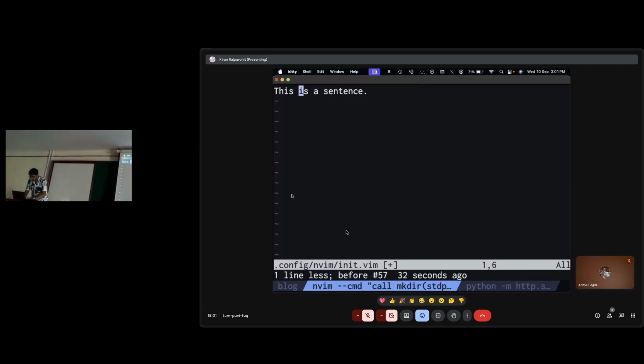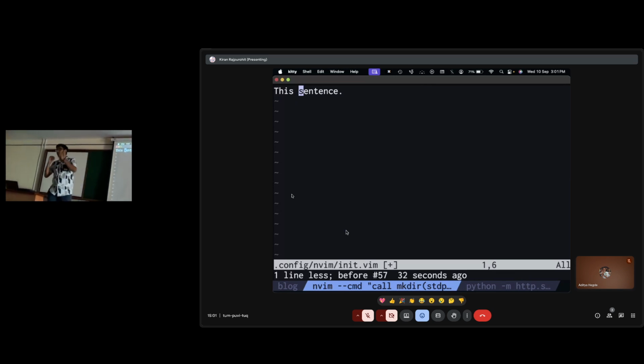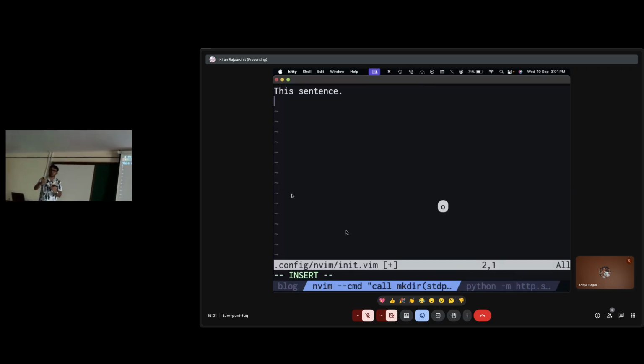If you do 2dw, the power of D, the delete operator, is actually a lie. It's not delete, it's actually cut. So it already copies whatever was deleted. So I delete something, I press O to insert a new line at the bottom, press escape to go back into the normal mode, and press P. And whatever was deleted will be placed.